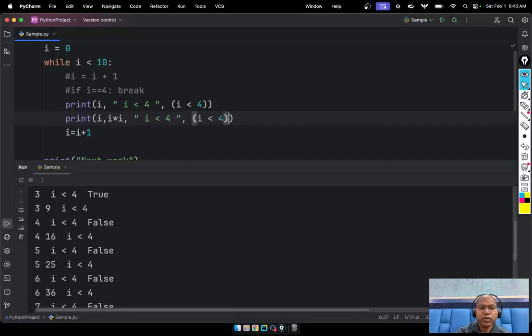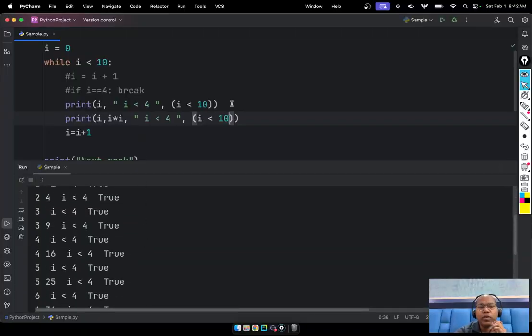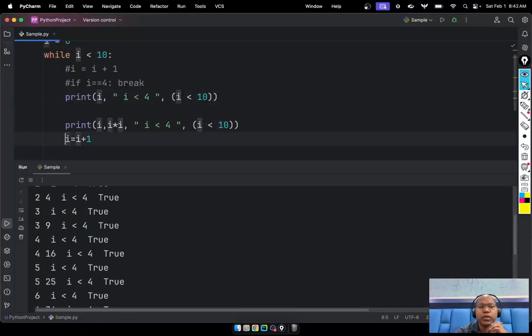Okay, I got it. The condition is the 10th, you have to write 10 here. So they are printing until true. Now I want this line to not be executed. Something not executed. So instead of this, let's comment here, and I say if